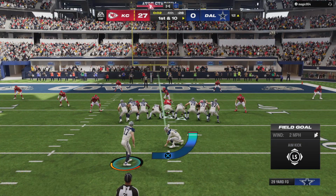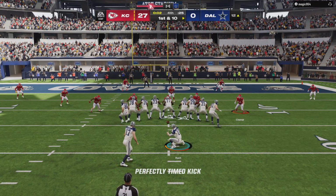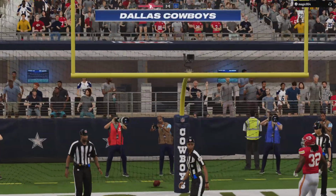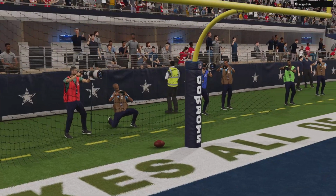So on 4th down, Prescott off, and on is Aubrey for the Cowboy field goal. And the kick is good, so they avoid the shutout, but still a tough one to swallow here. They only post